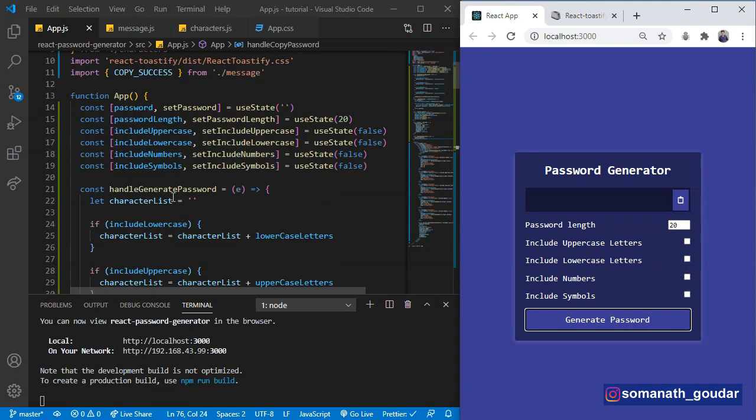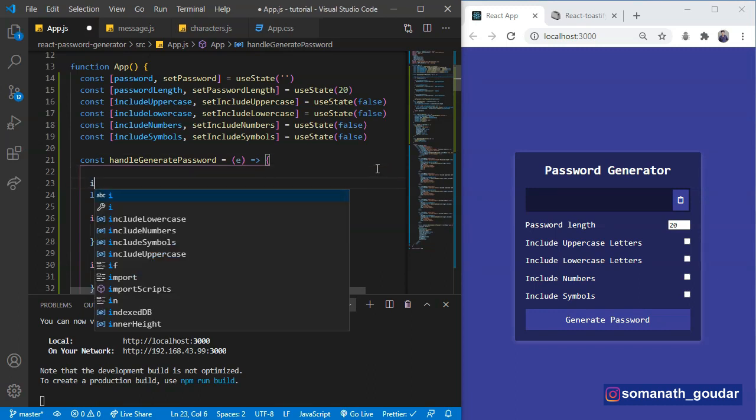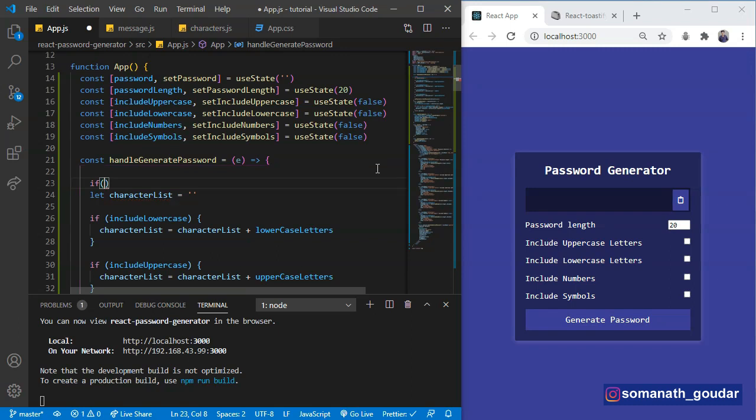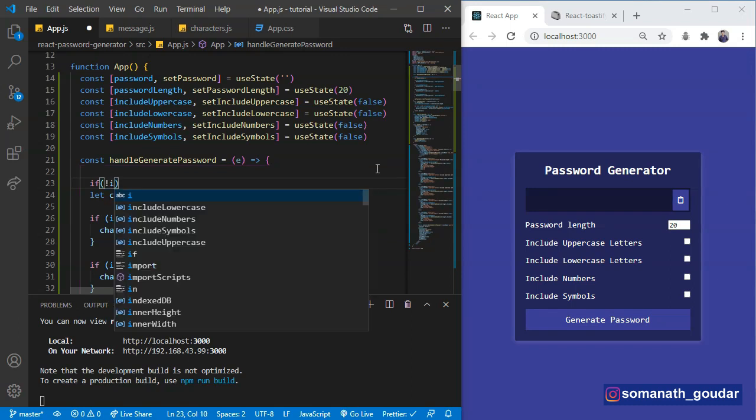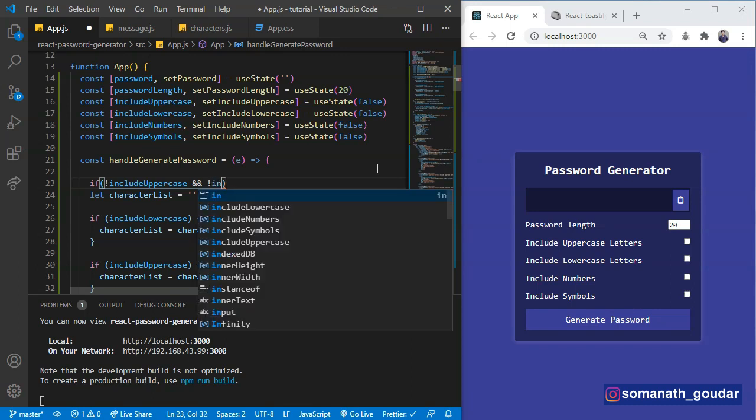Let's head over to our handleGeneratePassword. Inside of this we are going to check if the includeUppercase is false, and I'm going to check the condition for all the variables.